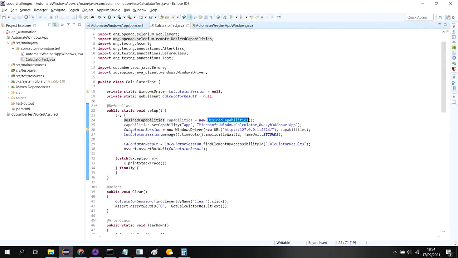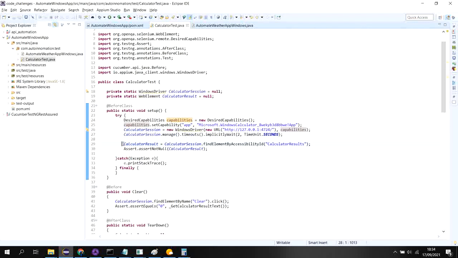After that, I create the Windows driver with the capabilities. I have already shown that I am running my Windows app driver on this host and this port, so that's why I am hitting this here. Other than that, these are basic Selenium things.